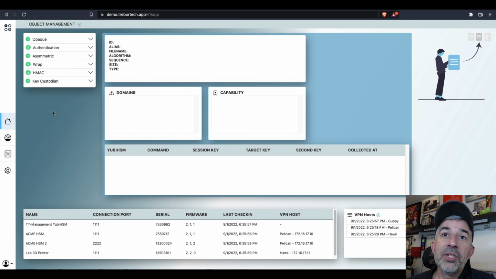So that has been just a really quick overview of the HSM Central Management tool. We do plan on making a few more updates to it in the coming months. There's some UI updates that we want to make. If you do have any feature enhancements that you would like to see in it, or again, if you'd like to be a part of that beta group, feel free to reach out to me,